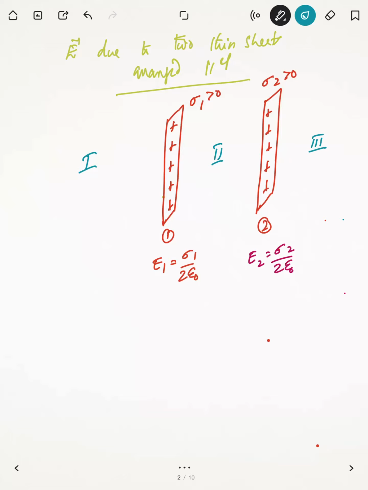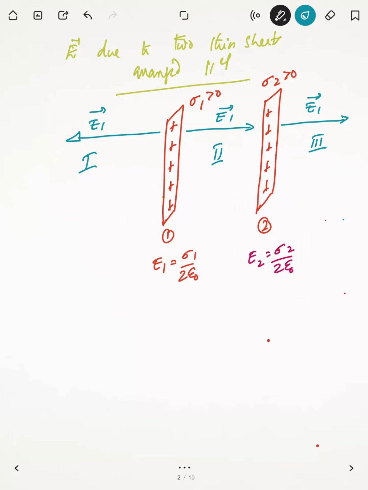Okay, we see the directions of the E1 vector and the E2 vector in these regions. For the positive charge, the electric field E1 vector will be directed toward the left side, and to the right it will go toward the right side, like this. This is the direction of the E1 vector in all three regions I marked here. Region 1 is to the left of the first sheet, so the field is perpendicular and out. The second and third regions are to the right of the first sheet, so the electric field is directed toward the right side, normal to the sheet.